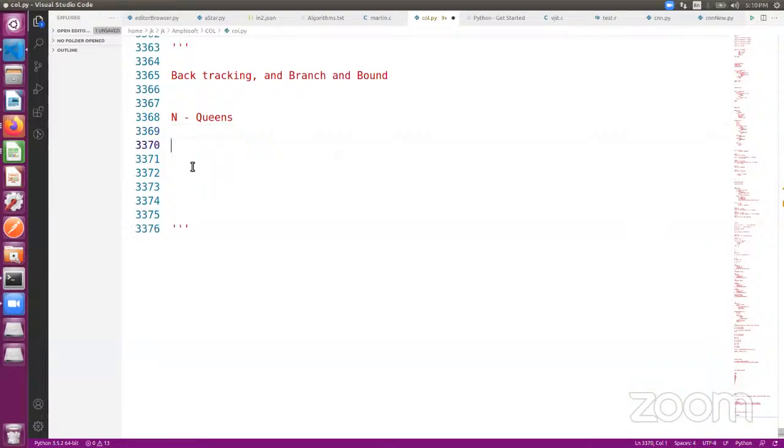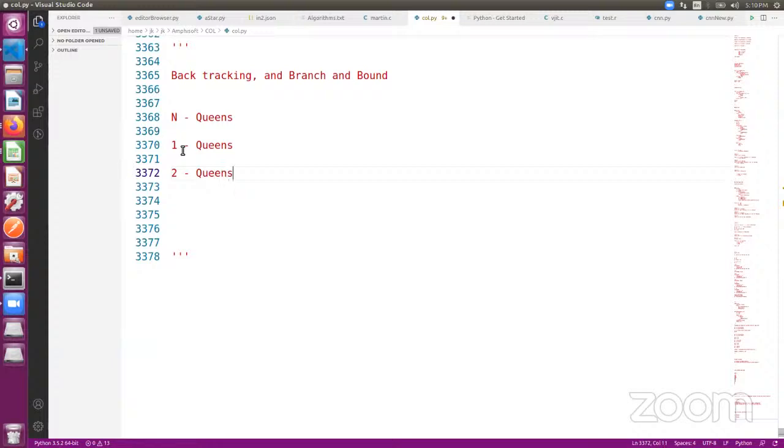So let us start with the one queen problem. What is the solution for the one queen problem? One queen problem means you will be given a 1x1 chessboard, and one queen. Is it safe to place the queen on that 1x1 chessboard? Yes, right? No other queens are there. So for the one queen problem, that one position is the solution. Okay. So for the two queens problem,